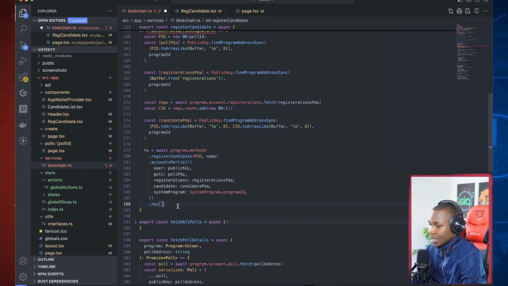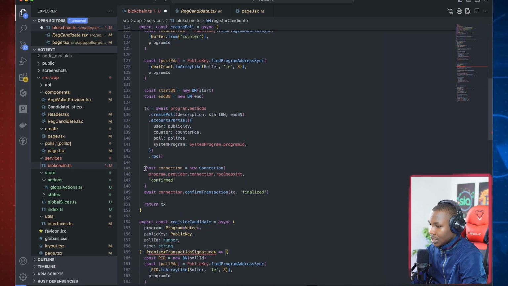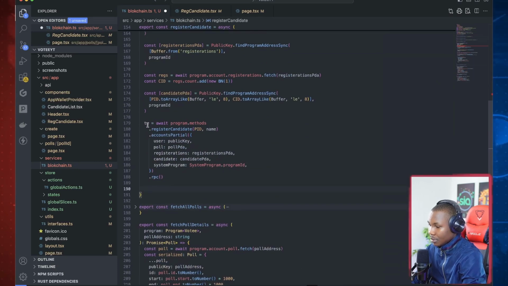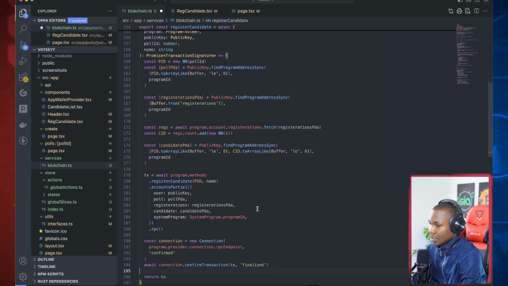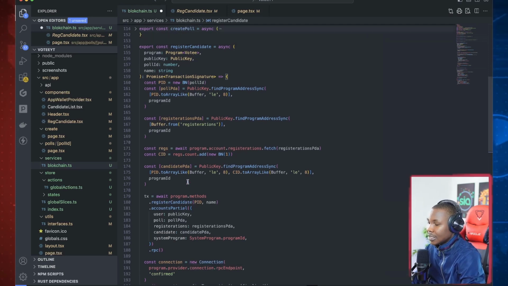All right. So after this, we can copy this last line for verification to make sure that this transaction is confirmed and added to the blockchain and finalized before it releases. So I'm going to paste that here. And that is basically all there is about that function. It may look lengthy, but it's very simple. It follows that same pattern that we've been using for a long time. So you save this